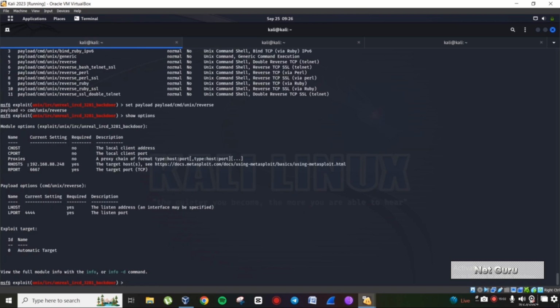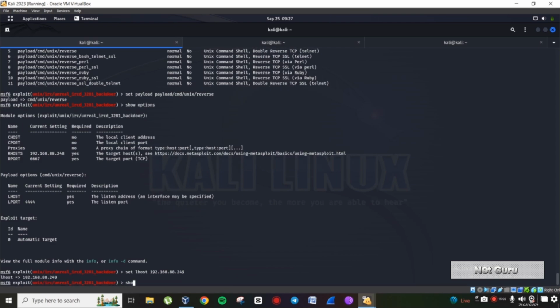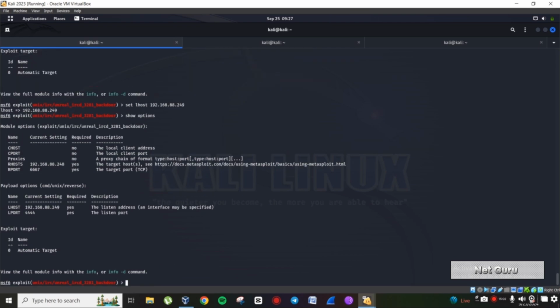Let's make sure we got the correct configuration for the options. We got our RHOST, and we also have to set up our LHOST, which is the IP address of our Kali Linux machine. So set LHOST, which is 192.168.88.249, the IP address of our Kali Linux machine. If I type show options again, all of the options that we need are set. Of course, we don't need to change this one because this is the port number in which the vulnerability was found. We got our host, which is the IP address of our Kali Linux. The only thing that's left is to run it. So if I type run,